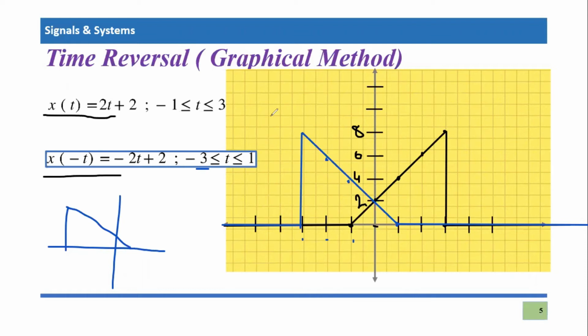Furthermore, a very important thing to notice here is that x of 0 in the original signal and x of 0 in the time reversed signal both will have no effect of time reversal, because you can make 1 negative, it will be -1. You can make 2 into -2 for the negative version, but 0 is always non-negative. That means x of 0 will never change, and its value will remain the same as an effect of time reversal.